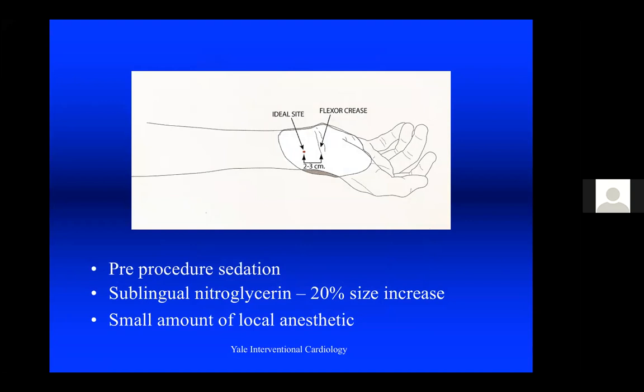The other important difference between radial access and femoral access is to really minimize the amount of local anesthetic you use. In femoral access, there's quite a distance usually between the surface of the skin and the femoral artery, and you need a good amount of anesthetic to make sure the patient's comfortable. With radial access, you really just need to raise a small skin wheel over the radial pulse. The radial is so superficial that